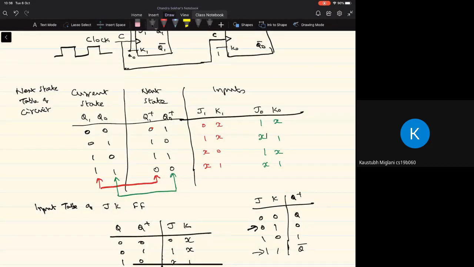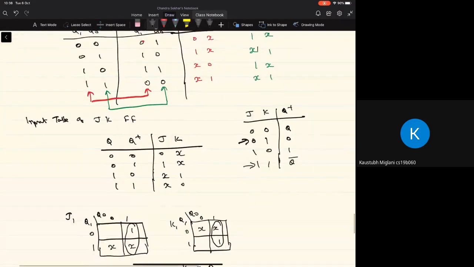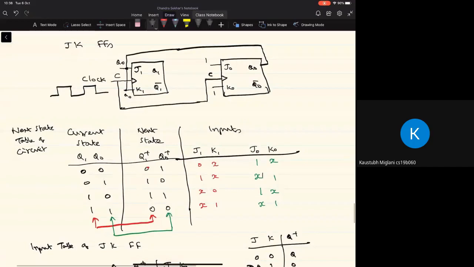And once we get these input entries in this input table of the circuit, then we have to come up with the Boolean expressions by drawing a Karnaugh map for each of the inputs of the flip-flops, in terms of Q1 and Q0, which are the current states of the flip-flops in the circuit, right? And simplifying that, we will get the minimal expressions for this J and K, and we plug them in, realizing the inputs to the flip-flops of the circuit.